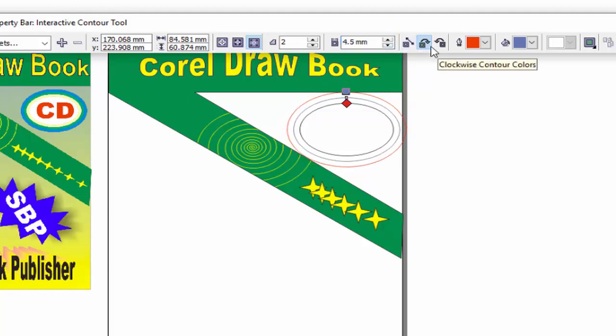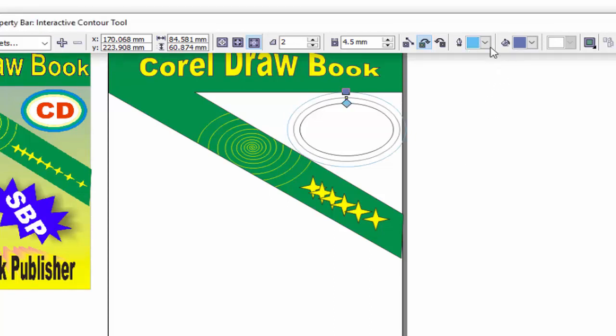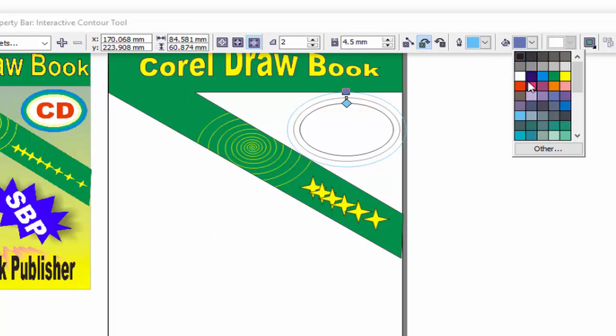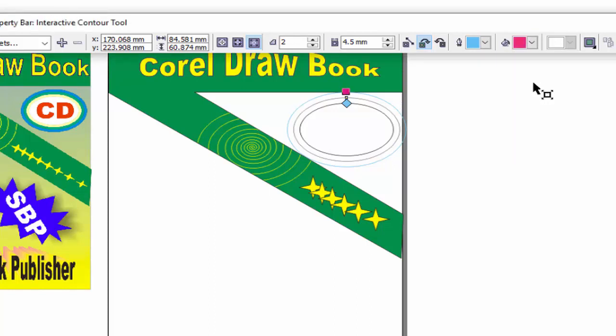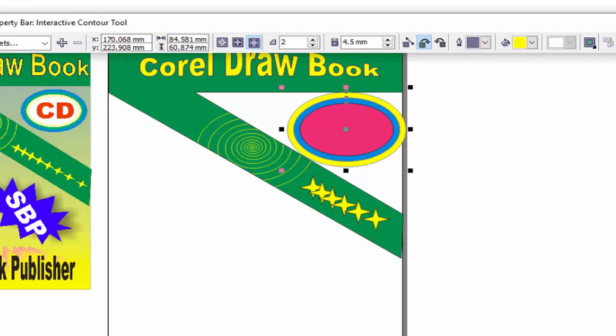And to change the outline color of the contour, use this option, change the outline color of contours. The contour we have created with the contour toolbar, change the color from here and fill the color from here. In contours you will see no color fill. First you fill the color from this right side like this, and then after you can change the color of the contour from here and the outline color of the contour from here. See, I think you understand.